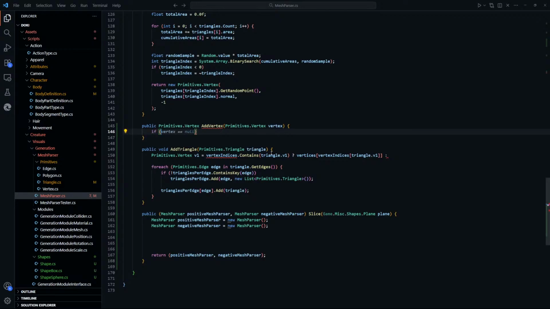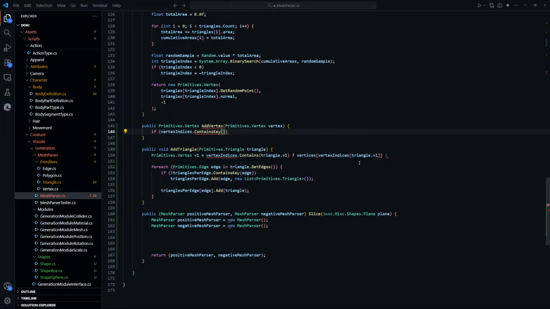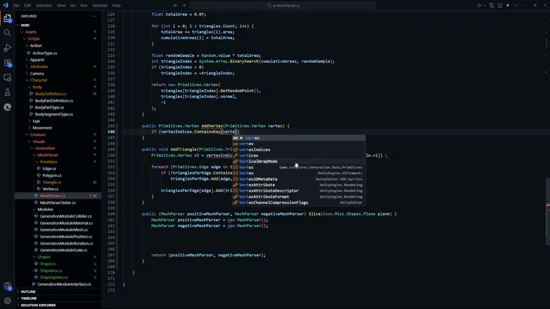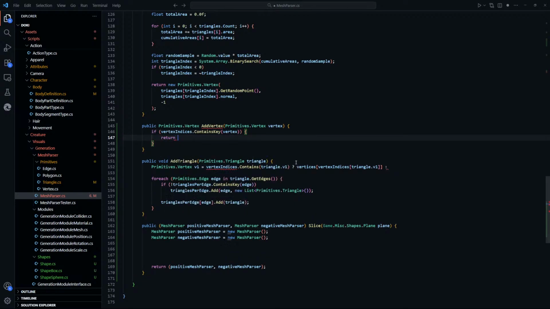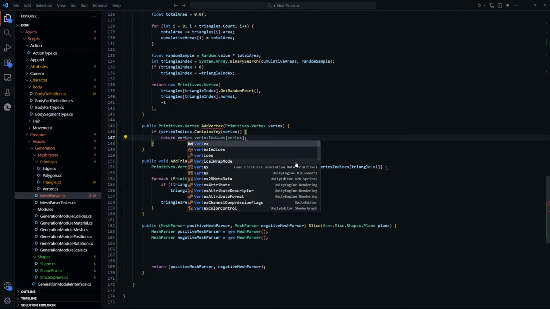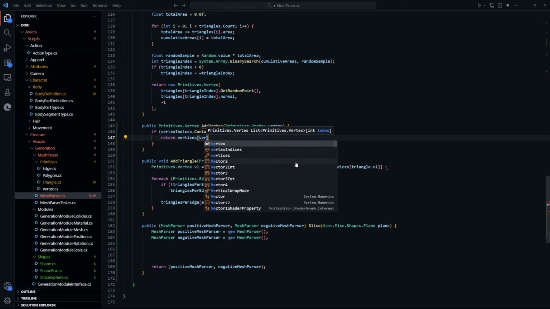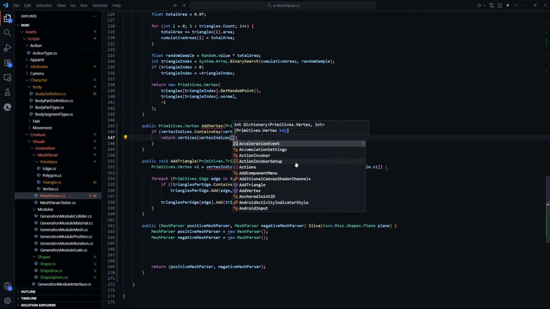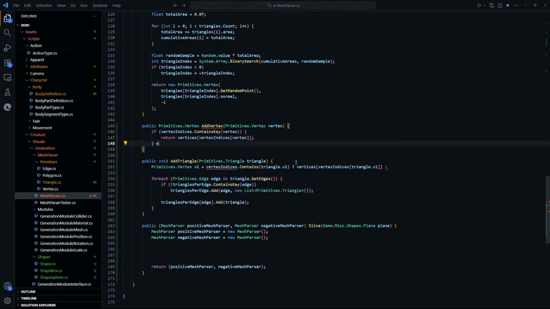If vertex indices dot contains key vertex, return vertex, vertices, vertex indices, vertex, else